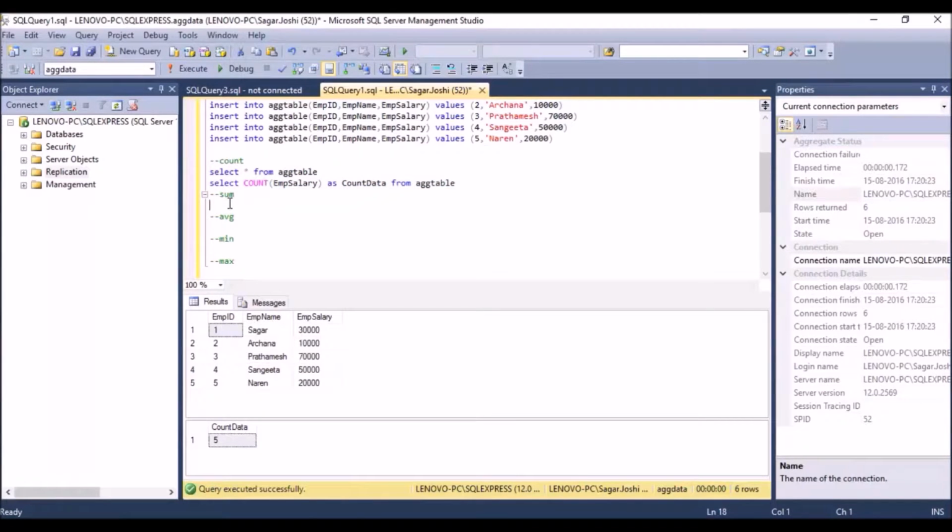So now we'll run the query for sum. Why do we use the sum function? If you want the output to be the total of the numbers from this m salary column, we'll use sum.